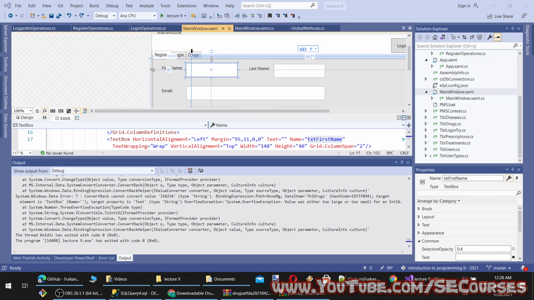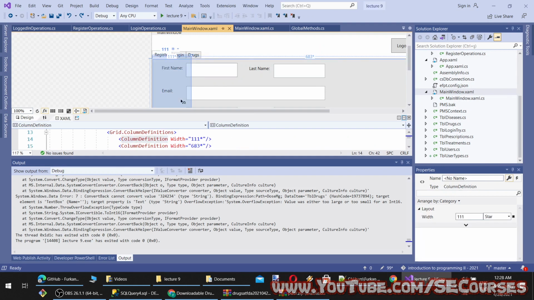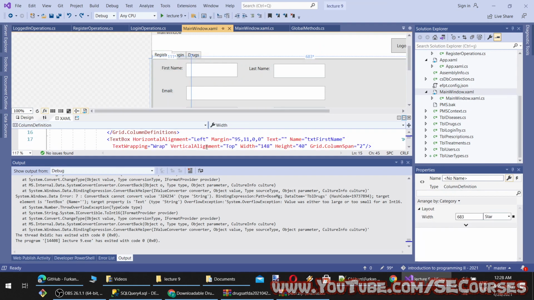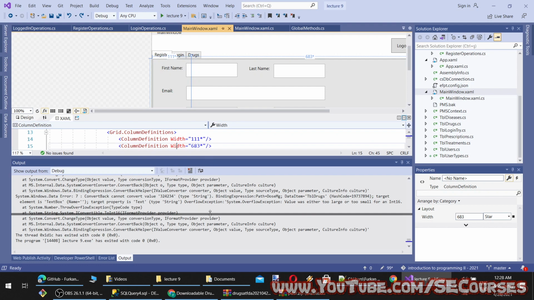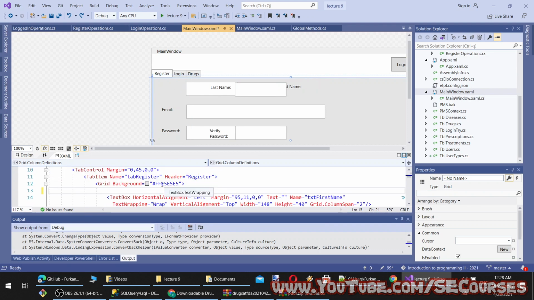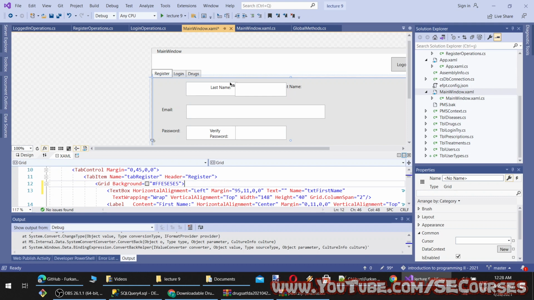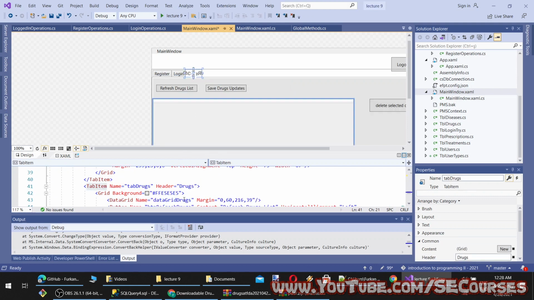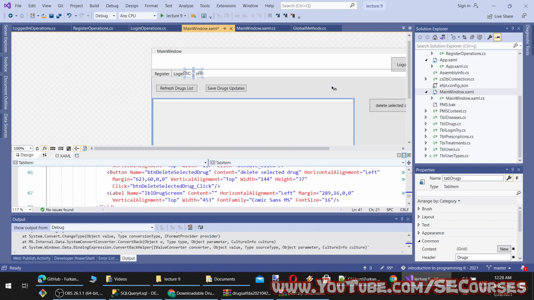In my drugs panel, okay, there are some columns automatically generated which I don't want. You see, when you are working like this, you can accidentally generate them.